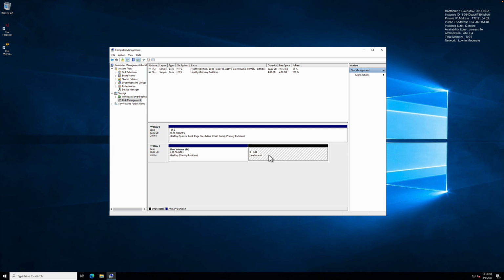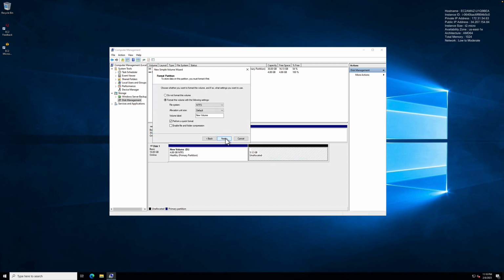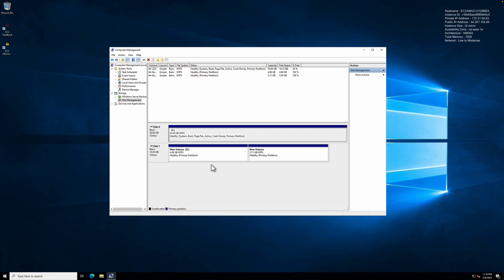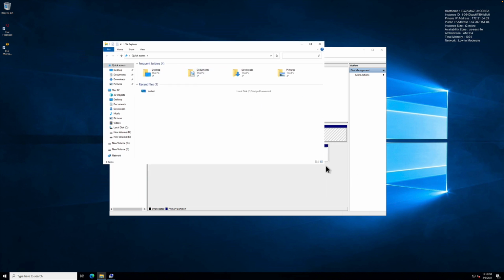Here, if you click, you can again create it as a simple volume. So now all the volumes are available and all of them are healthy. Go here on your disk management, all your disks are available, C, D, E, and it is very simple. Just to show it to you all,